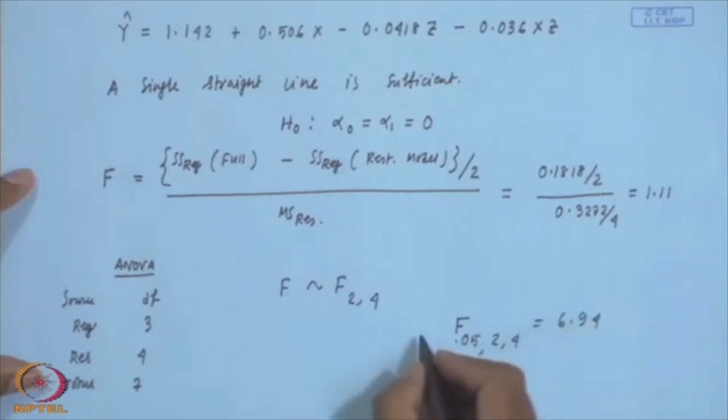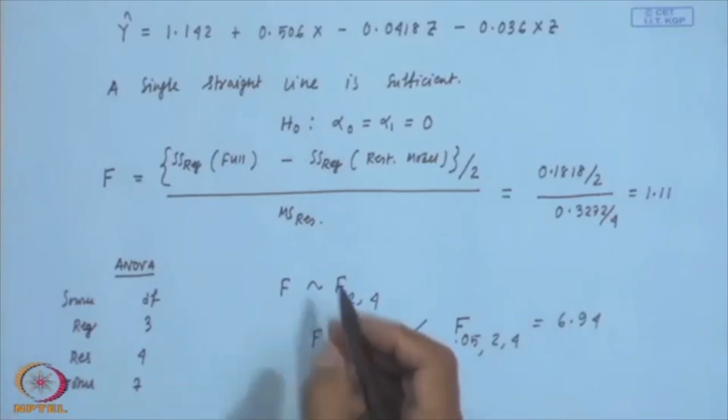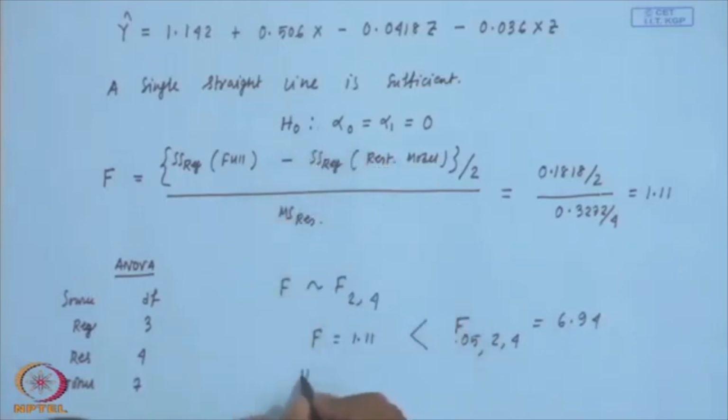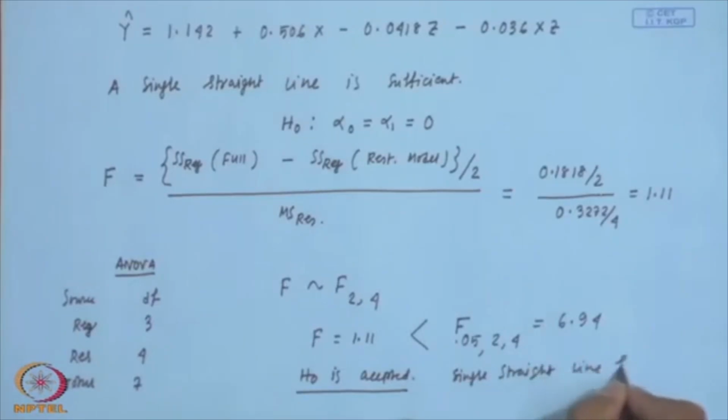So, my observed value of F, which is equal to 1.11, is smaller than this one. That means H naught is accepted. That means we can go for a single straight line fit. Okay. So, this is the problem I wanted to discuss from the dummy variable topic,